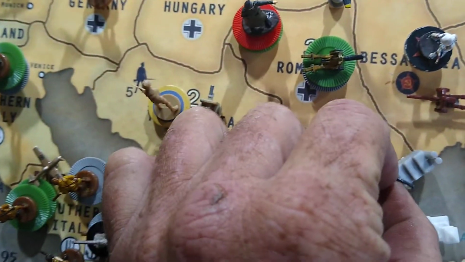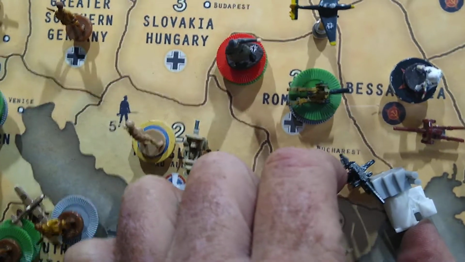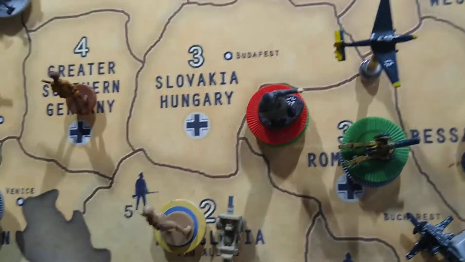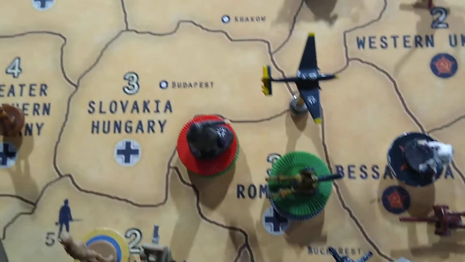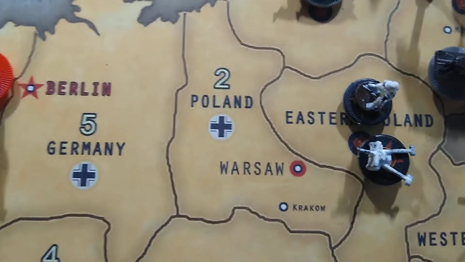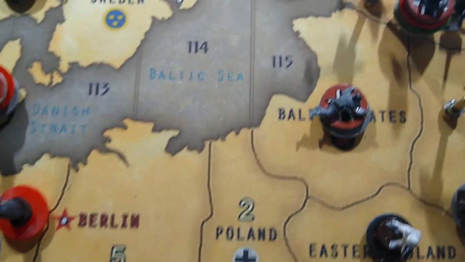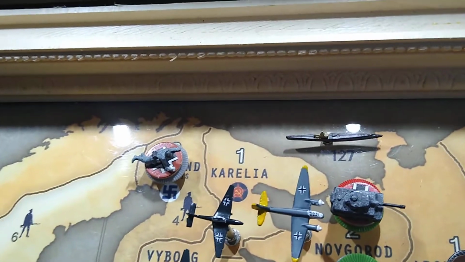Romania has a major industrial complex, an air base, 5 artillery pieces, 9 men and 1 tactical bomber. Bessarabia has an infantry and an artillery. Eastern Poland has an infantry and an artillery as well. Baltic States has 2 infantry. We have a sub in 127, and I'm not sure if we've been up to date on...